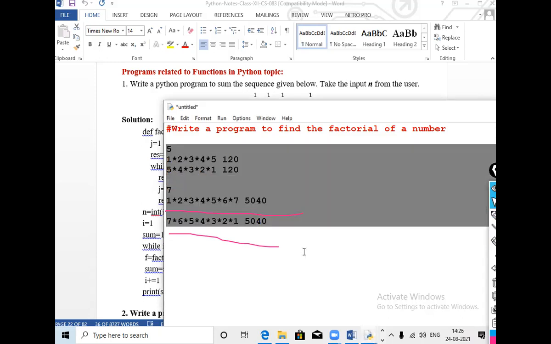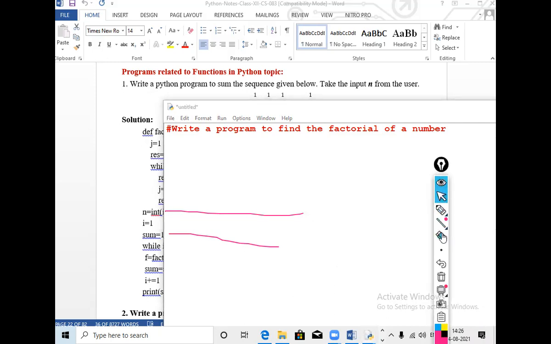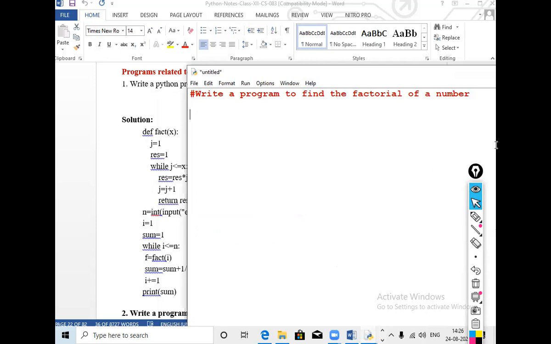Now how to write the program. First we define a function: def is the keyword, fact function.